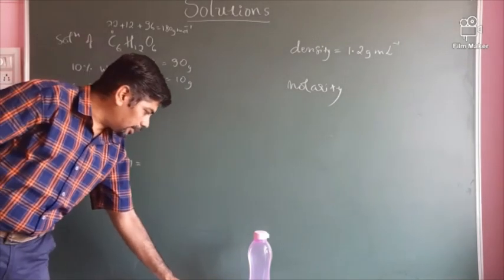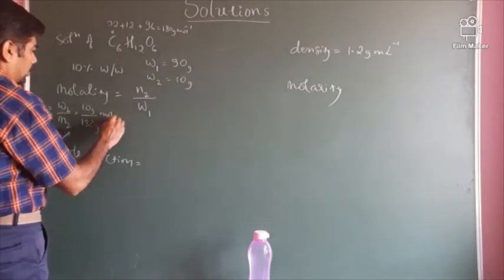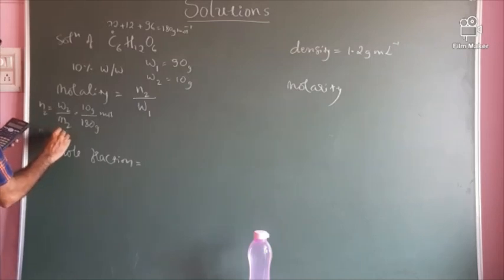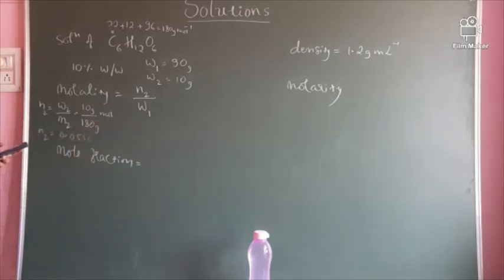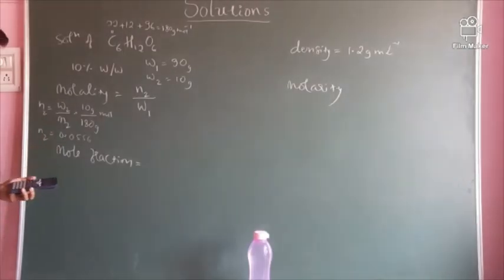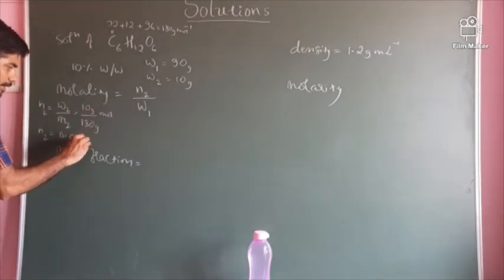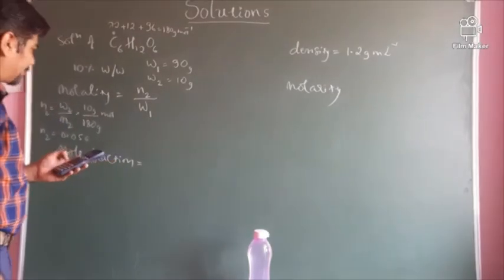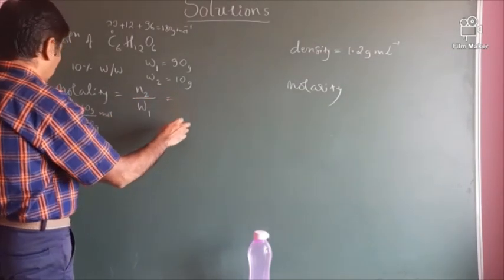So when I solve this, I get 10 divided by 180, which gives N2 equal to 0.05555 and so on. Let's take it as 0.0556, or say 0.056. You can approximate it to two or three decimal points. Now this is N2. Now when you substitute here, N2 is what?